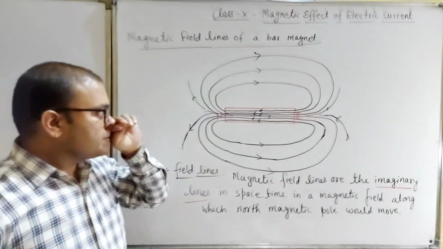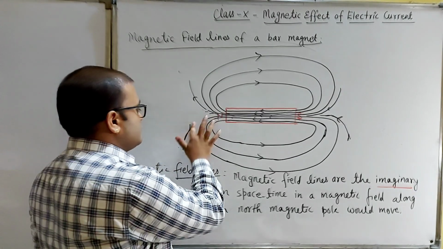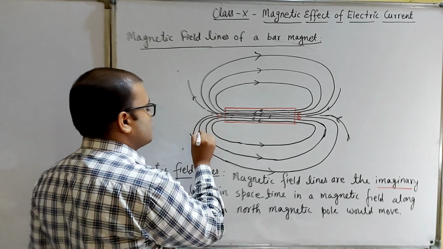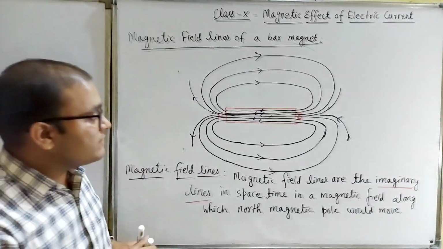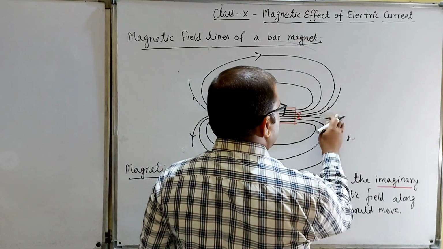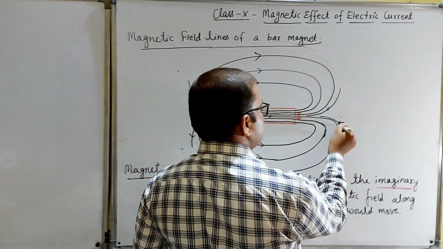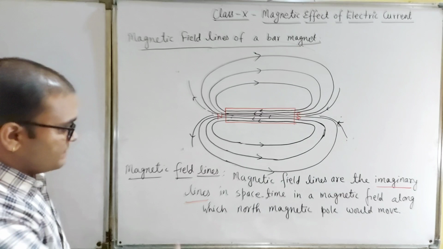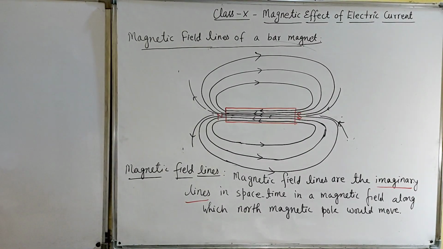Okay. So please make a proper diagram for magnetic field lines. Please note that no two magnetic field lines should intersect each other. Magnetic field lines never intersect each other. So whenever you make the magnetic field lines, please make sure they do not intersect each other. Okay. So this is the definition of magnetic field lines. You can take the screenshot of this one. Then I will write the properties of the magnetic field lines.